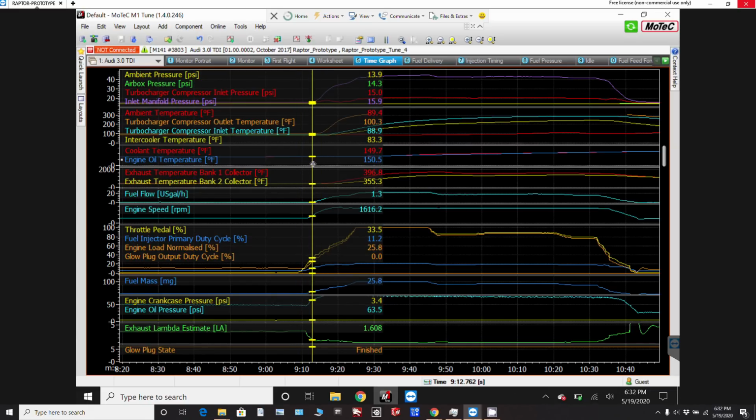So as you can see, temperature starts climbing there, and all we're doing is the fan on the radiator is what's pulling cool air through there, so it doesn't do that great of a job. And the Audi engine actually has an oil cooler that's tied into the coolant system of the engine, so it's running coolant through this oil cooler inside of the top V of the engine, so those temperatures pretty much stay the same. And of course the coolant is also cooling the heads of the engine,